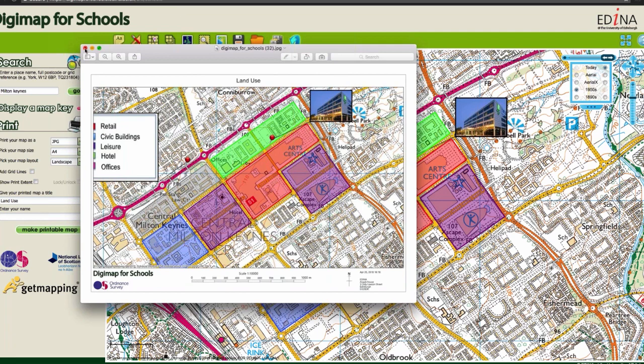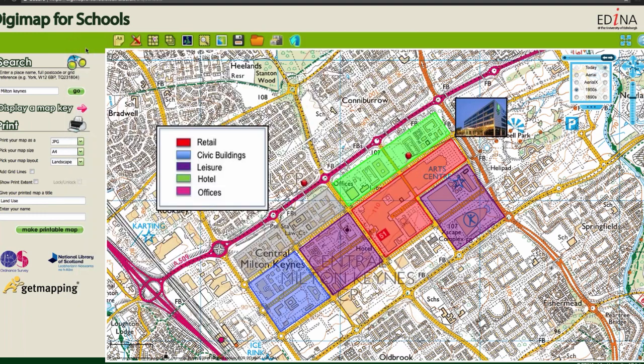So that's all I'm really going to show you on land use. If there's anything else you want to know about doing land use maps, please just shout out now, because I'm just going to move on to some very basic GIS stuff. But you can ask me now or towards the end, and I can double back on it if need be. Okay, so the basic GIS that we have in Digimap for Schools is to do with point files and buffers,